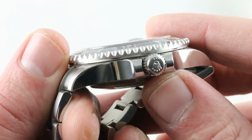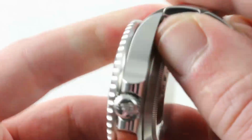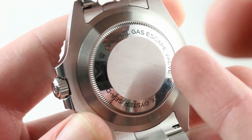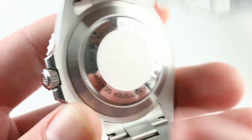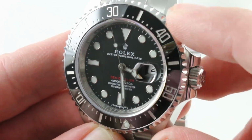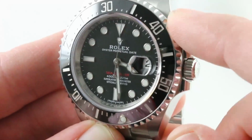The crown, a triplock, is flush to the case, 1,220 meters water resistant, or roughly 4,000 feet, underneath the screwed-in case back. The new hotness at Rolex, caliber 3235: automatic winding, Chronergy escapement, 70-hour power reserve, free-sprung balance with a full bridge for shock resistance, overcoil hairspring for concentric beating in all positions, helping the watch to earn its COSC chronometer certification, but also its Rolex Superlative Chronometer designation, which is protected and guaranteed